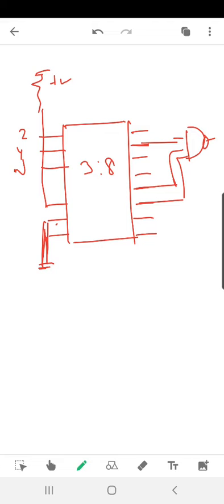So this is how we will implement our function using this decoder. This was our 3:8 decoder, and then we studied our 4:16 decoder. Moving on, our next decoder is